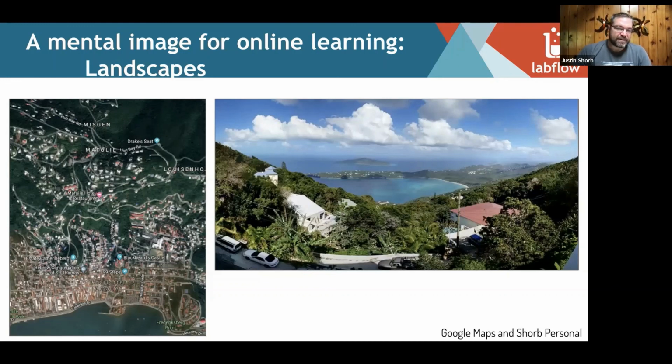Addresses were not based on roads. They were based on landmarks. The picture on the right was actually taken from up on top of a hillside overlooking one of the big beaches that the tourists like to go to. And that is really close to a location that was commonly used to describe how to get from one part of the island to the other part. In fact, it's right over here. Drake's Seat is about where this picture was taken, which is that point right on top.